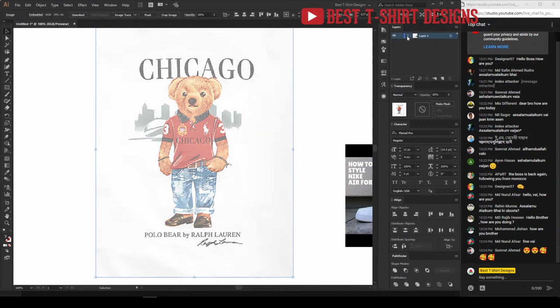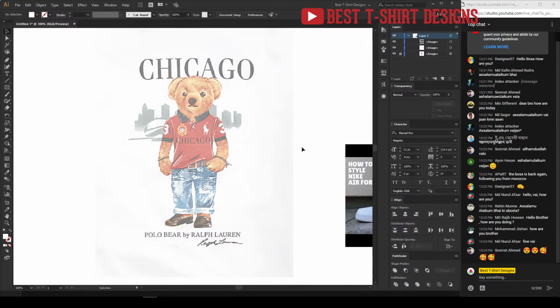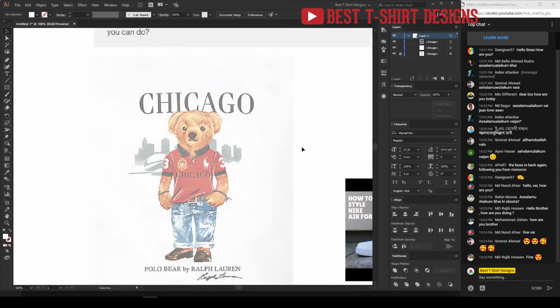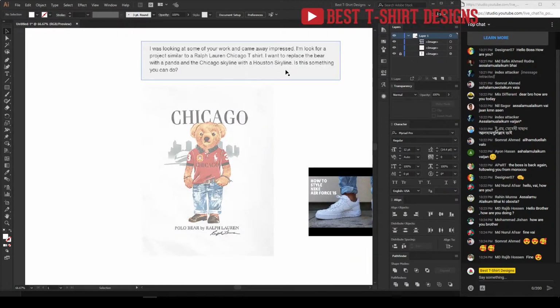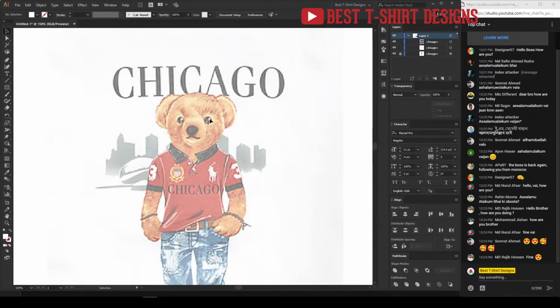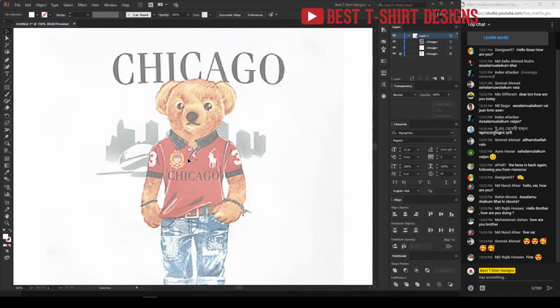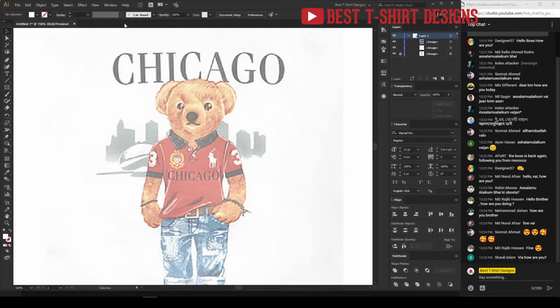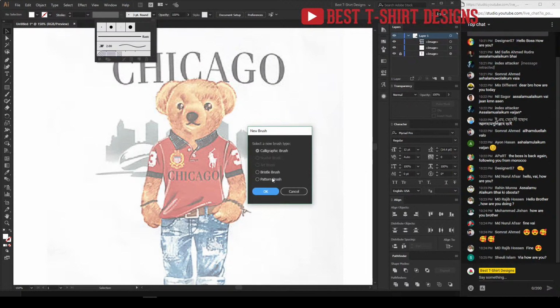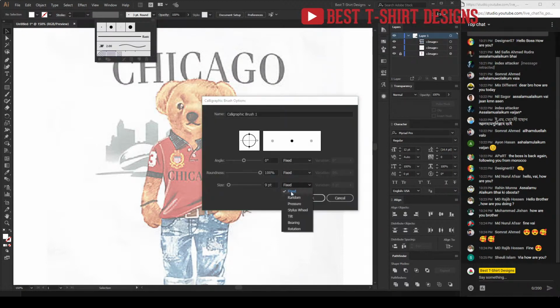Okay, so let's first decrease the opacity a little bit so that I can see what's going on here, and then I will be locking this layer. So the first step is I need to replace this bear with a panda. A panda is very similar to a bear, just with some facial features. So first I will need to draw this part so that it looks like the outline of everything. I need to draw them, then I can simply replace the face of the bear with something like a panda, or I think that will work for me. So let's